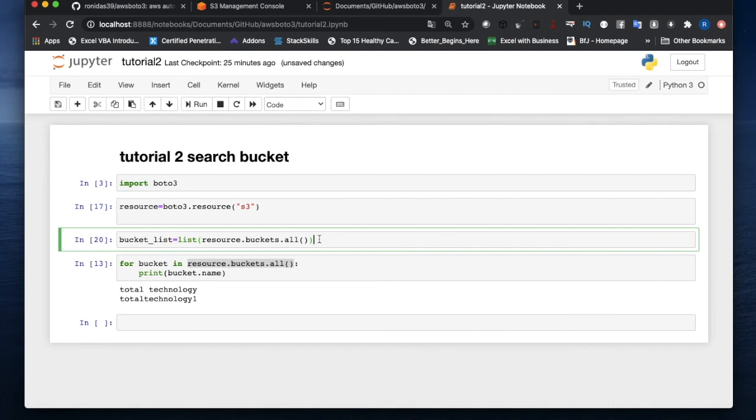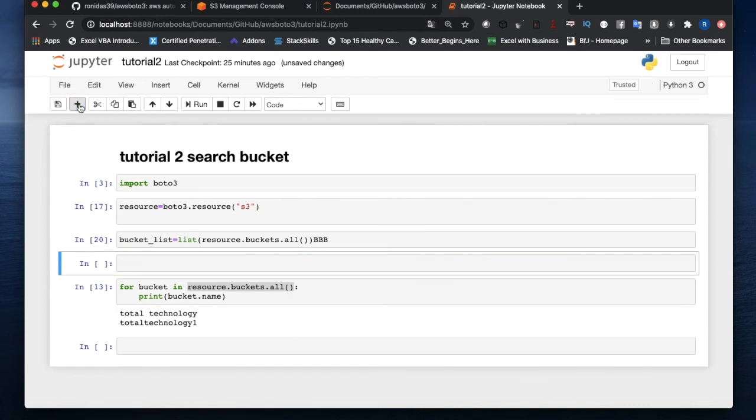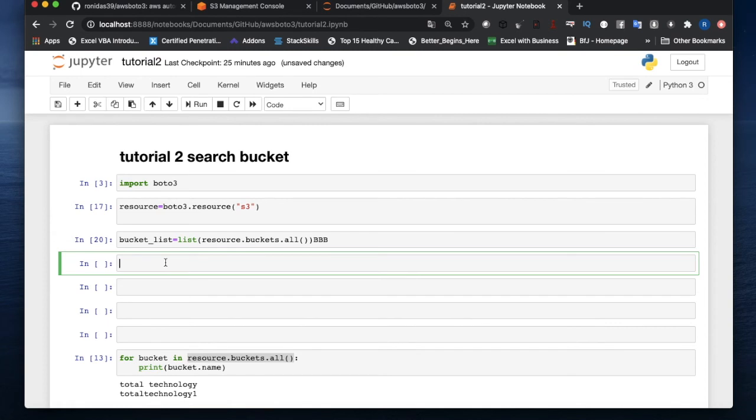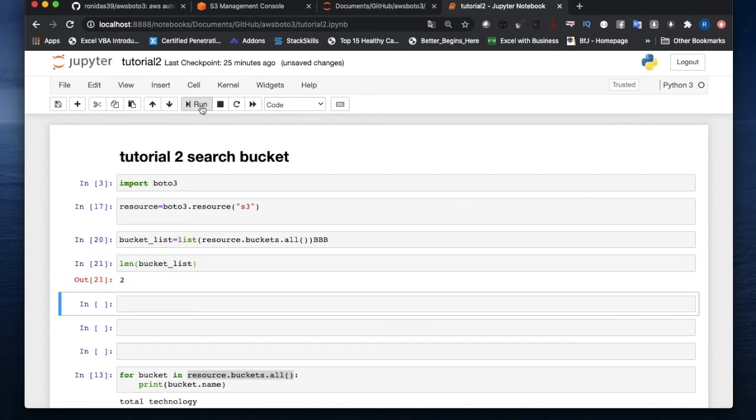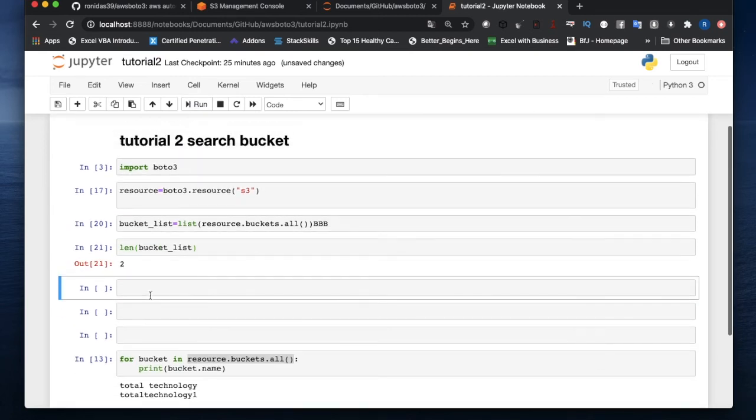This, then maybe I can... okay, so maybe what I can do is the length of... see, I got this length actually. So what is happening here, I got this thing, now I got the length as well.